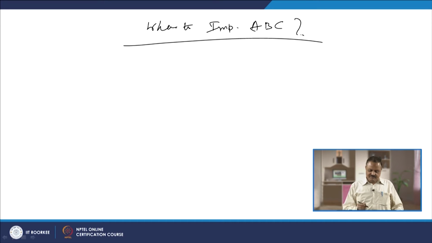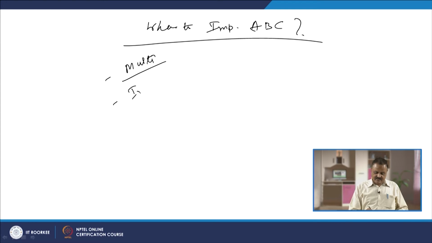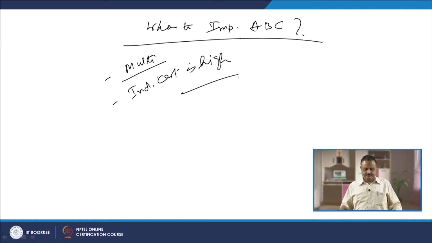No. Firms manufacturing multiple products, and second, the fixed cost or indirect cost is high. Indirect cost is high. While we learn about the multiple products,